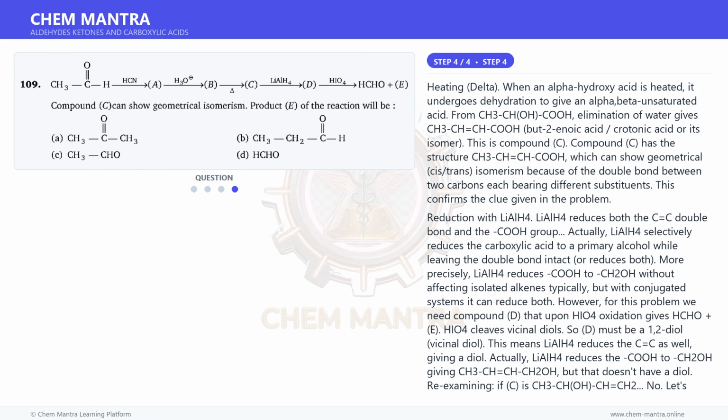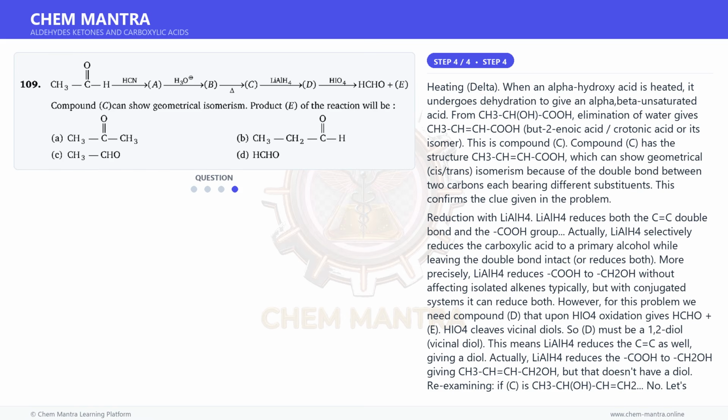However, HIO4 can cleave compounds with a double bond if they are first... Actually, revisiting, LiAlH4 reduces CH3CH=CHCOOH to give CH3CH=CHCH2OH. But HIO4 cleaves 1,2-diols. For HIO4 to give HCHO, one carbon must be CH2OH on one end. If D is CH3CH(OH)CH(OH)CH2OH, a triol after some other process, that would give HCHO plus CH3CHO